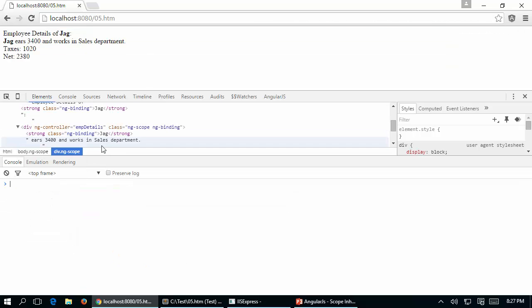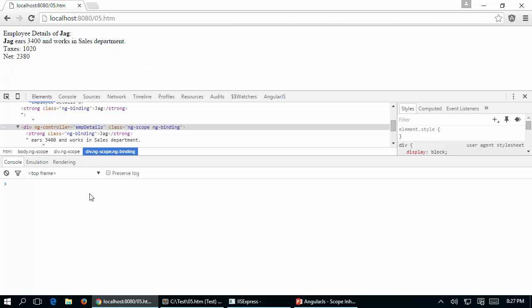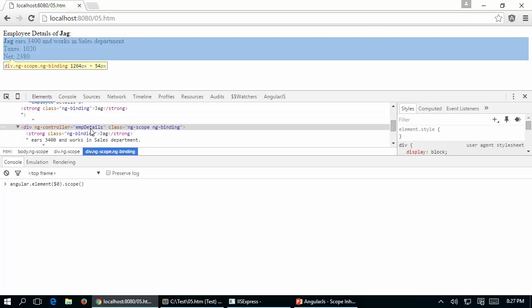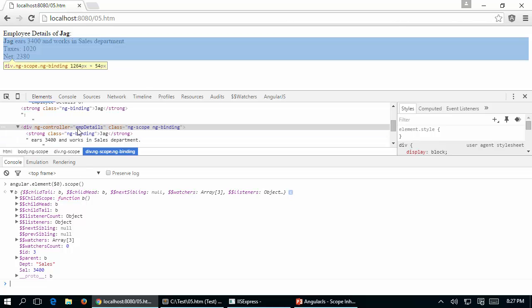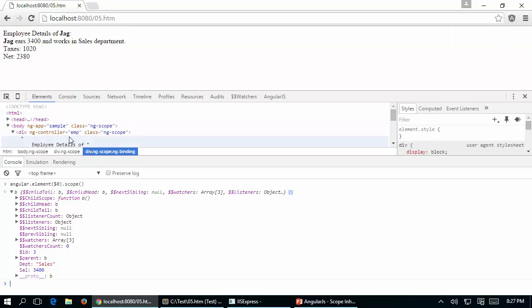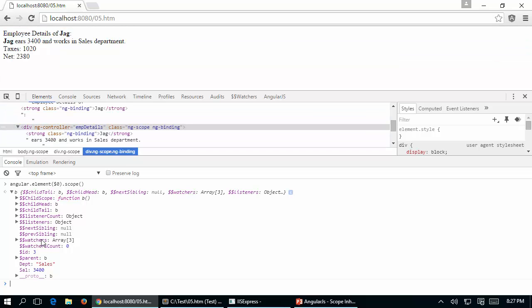And now let us go to the nested one, which is EMP details. And now I execute the same thing, which is $0. Currently $0 is associated to this one, whatever is highlighted becomes $0. So again, once I say this, let us open this. Now you can see there is a change here. Instead of ID 2, I am seeing ID 3 because this is a new scope object and it has got its own ID. So the earlier one was actually 2. And the current one is actually made with ID 3, and now it has got two properties called DEPT and salary, but you can see it doesn't have Jag or name property anywhere because it is inherited from __proto__